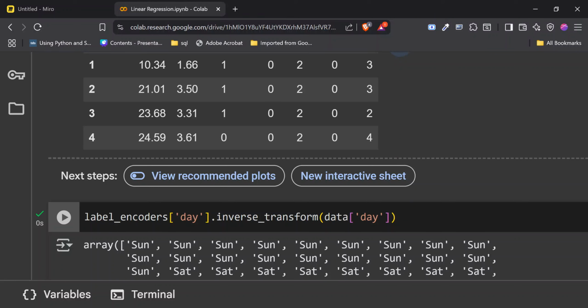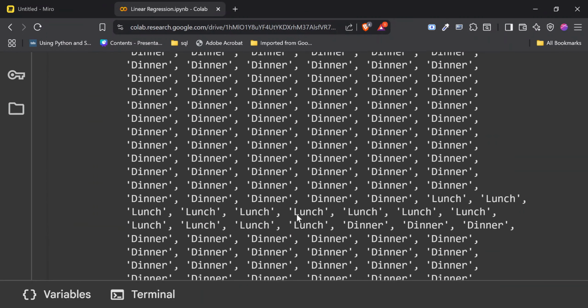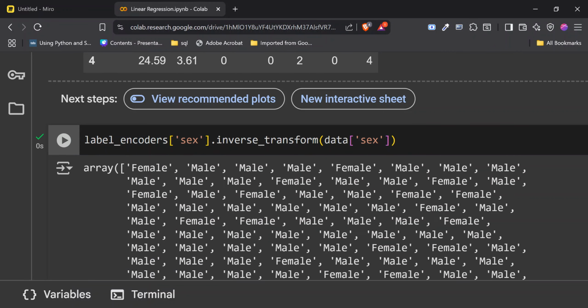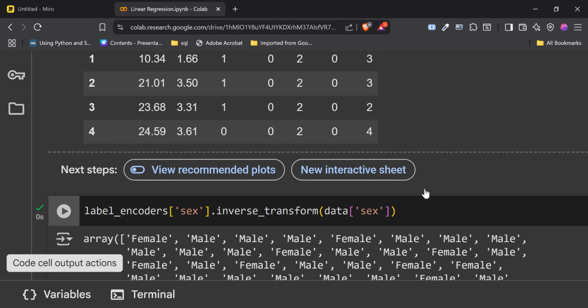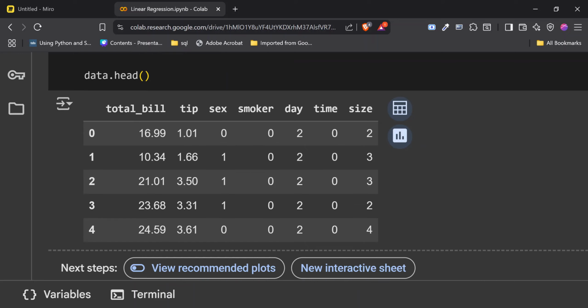If I want the one for time, I want it to reverse it back, I come here and put time here and run that. That is going to return for time. And if I want to do it for sex, I do sex like this, and I run it. That's going to give us for sex. Great. So that is what I wanted to show you. So our encoding is done, and we also have the ability to reverse it if we want.